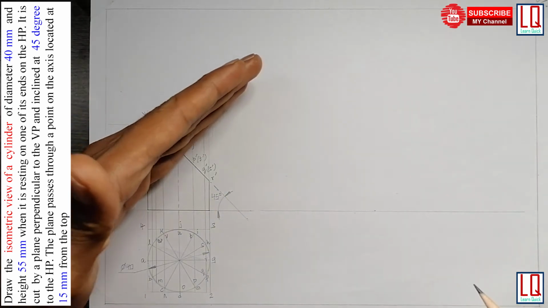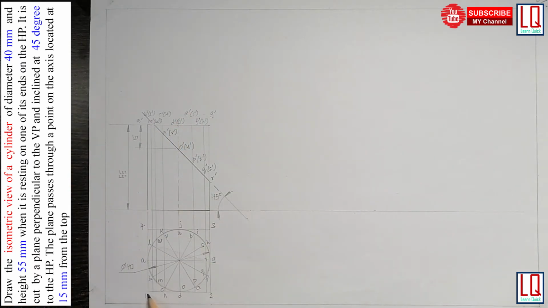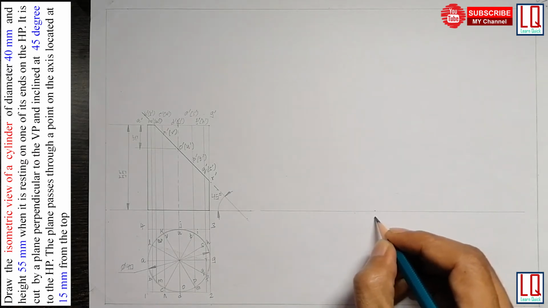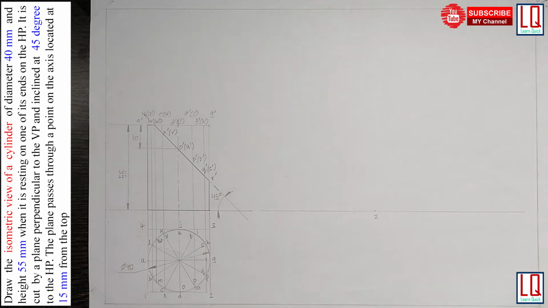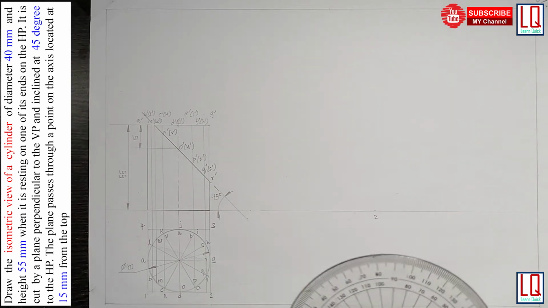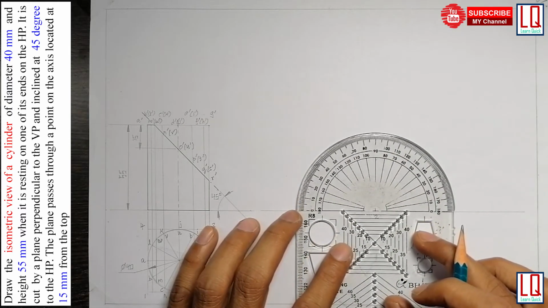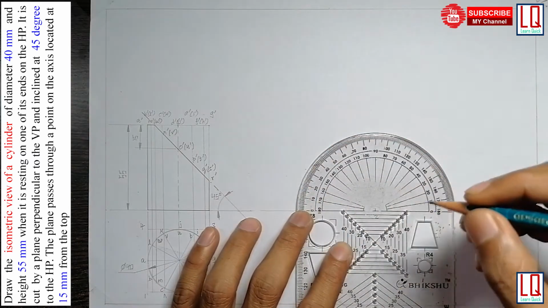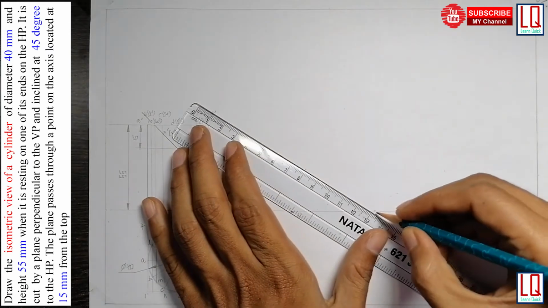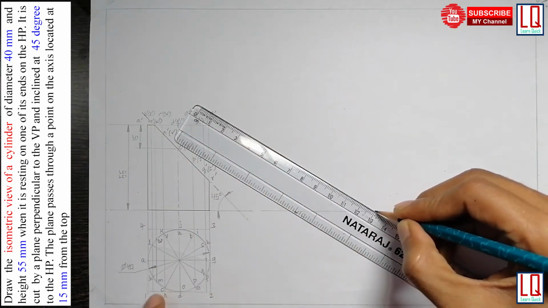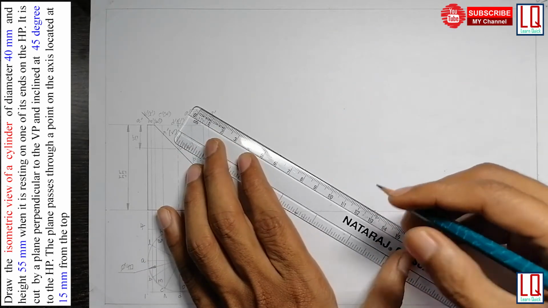In case the cutting plane falls in this direction, so the lowest point might be here, then you might have chosen the corner 1. In this case I choose the corner 2, and here I need to draw 30-degree lines. To do that, I take my protractor and mark 30 degrees on both sides, and here I draw a line for 40 mm. Since 1 2 is 40 mm and 2 3 is also 40 mm, on both sides I draw 40 mm.